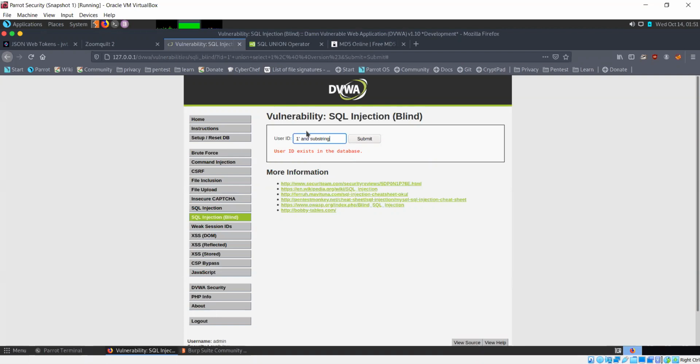So substring, and the thing we need to find a substring of is the version. So @@version. Now starting position is 1, the first character, and how many characters you want to take out? Just one, is equal to 1. I'm checking whether the first number in the version is 1 or not.